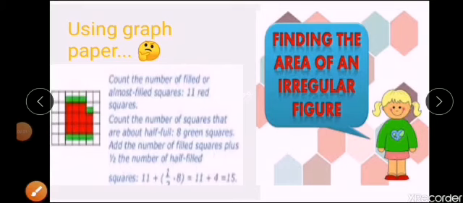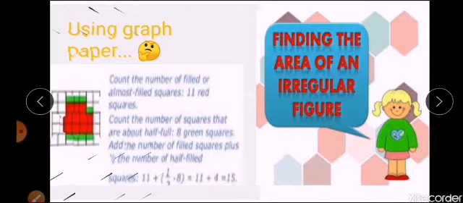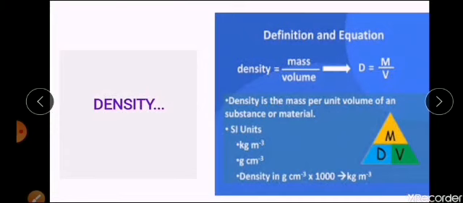Now these are all about area, how to find the area of regular and irregular solids. Now we are coming to an important section, that is density. You have already learned about mass, volume, and area. With respect to that, you are going to define what density is. Density is the mass per unit volume of a substance or material. That is, in 1 unit volume, how much mass is contained, you call it density.